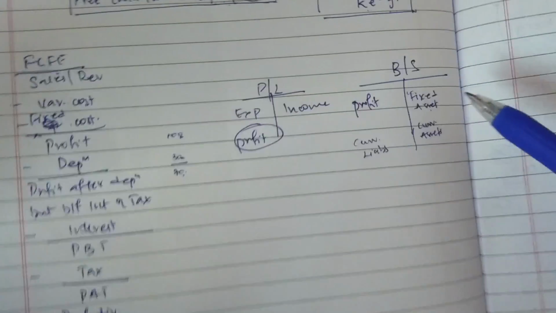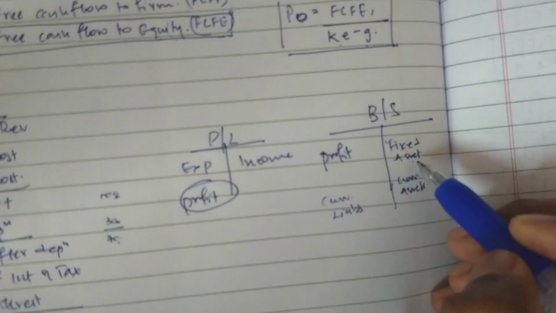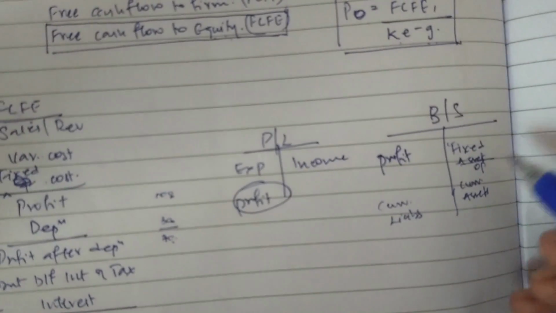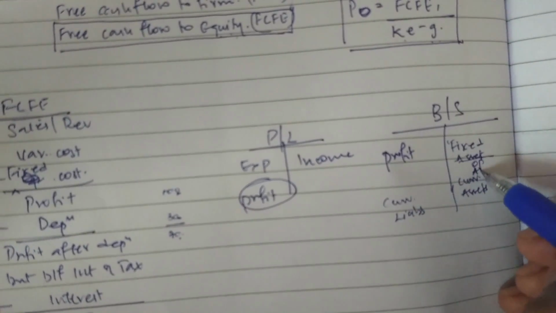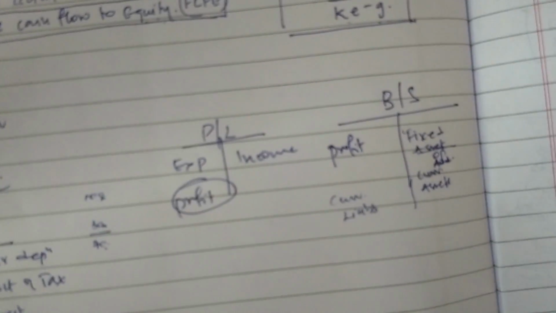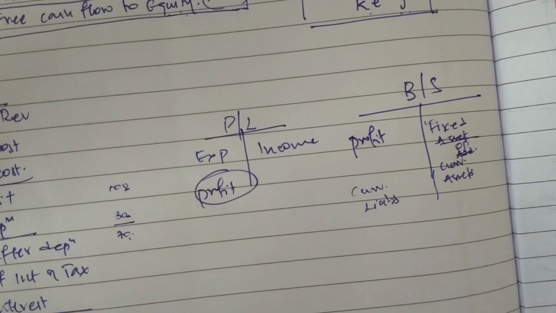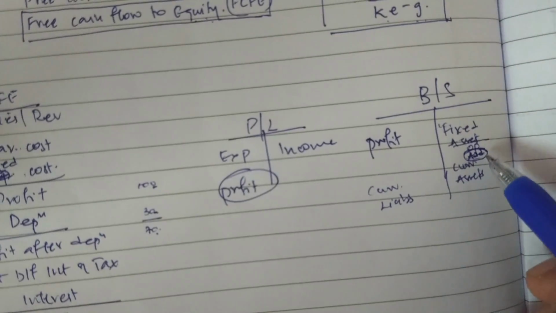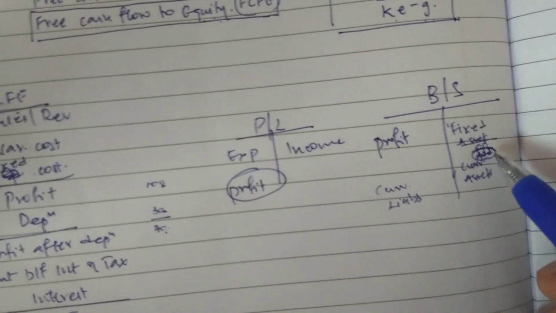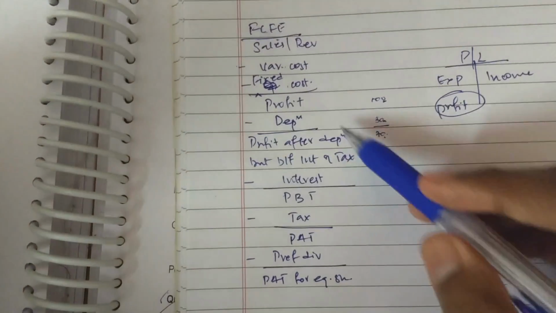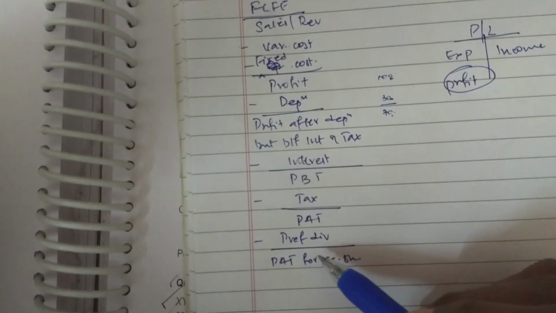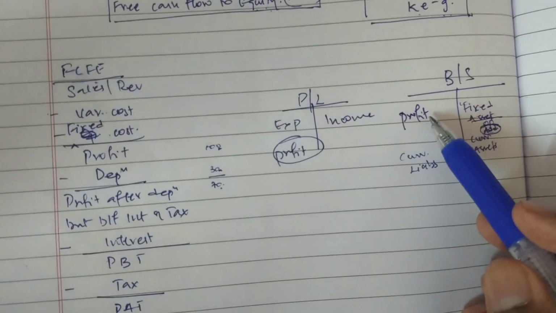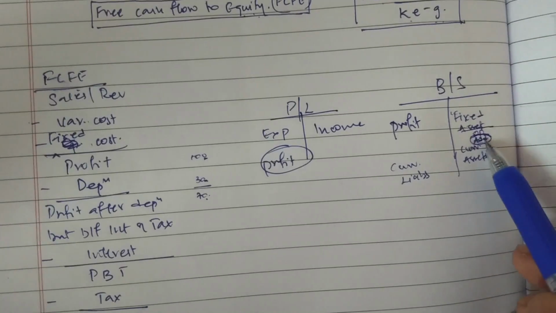We did not. Under fixed assets, there could be your opening balance, obviously from the previous year. You have additions in fixed assets, which means these are something which have been purchased in the current year. Did we consider these additions, this cash outflow, the purchasing of fixed assets, in this free cash flow so that it results into profit? No, it did not. It came from the profit and loss account and we are taking it into the balance sheet. So there are things like this which are not considered.